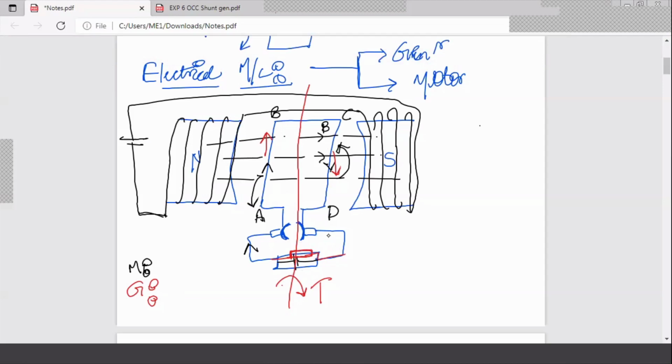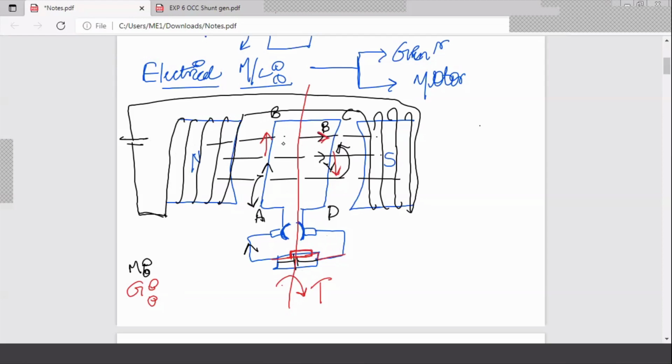What will happen as a result? This coil will move upwards and this coil will be moving downwards, and there is no current as of now. There is a coil which is placed again in a magnetic field. Again, we have to give a DC excitation to create a field, so it forms a north pole and south pole. So again, as earlier, the magnetic field is from north to south.